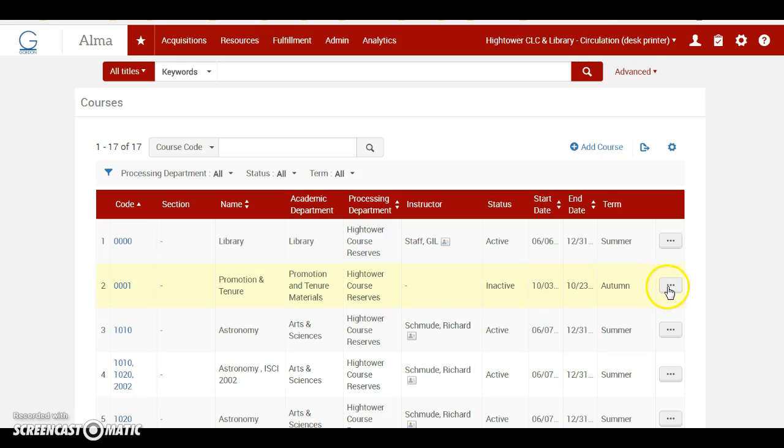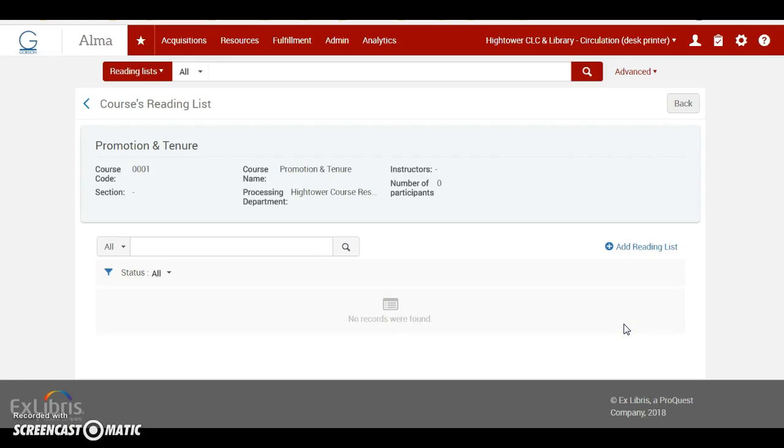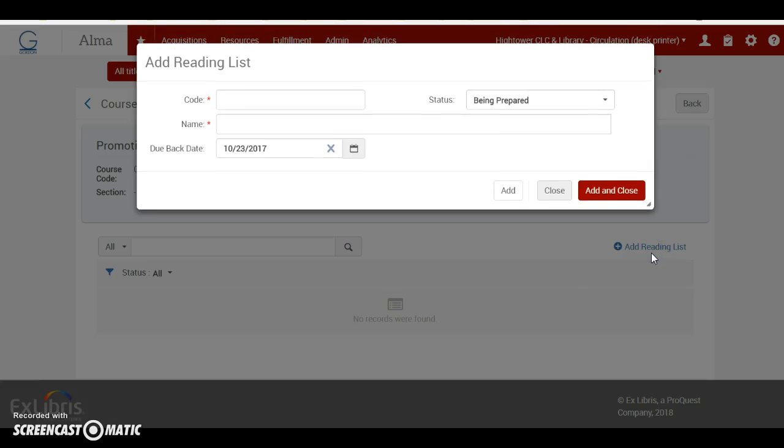What we're going to do is add a reading list by clicking on the ellipsis and selecting Reading List from the drop-down menu, and then clicking Add Reading List. And we'll need to give the reading list a code and a name. So we are going to call it Promotion and Tenure